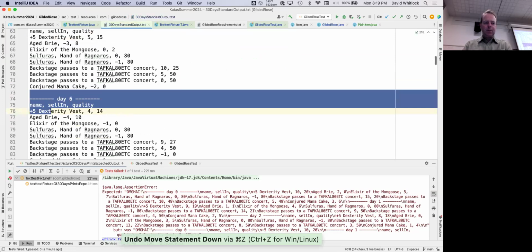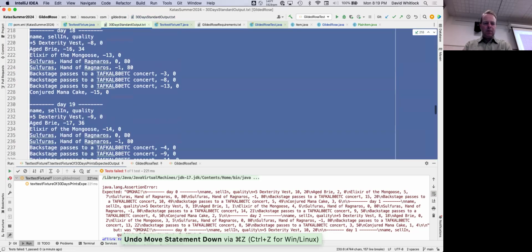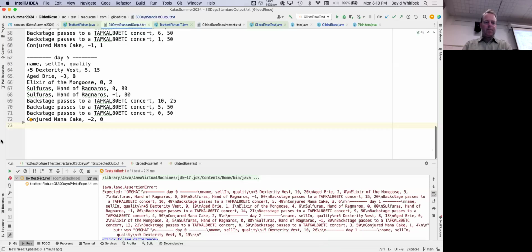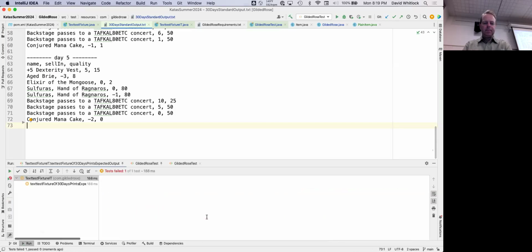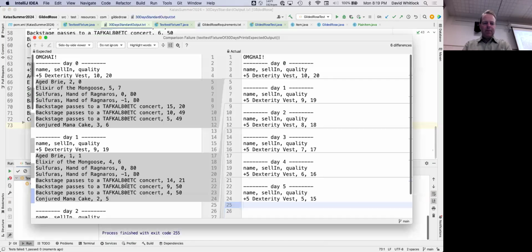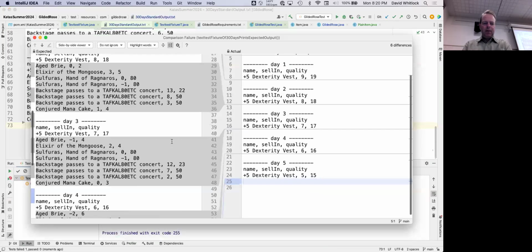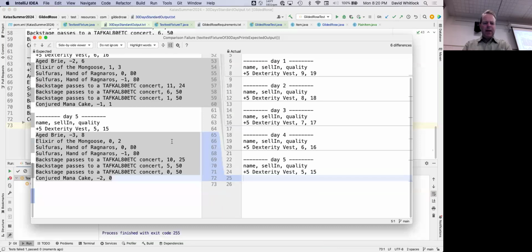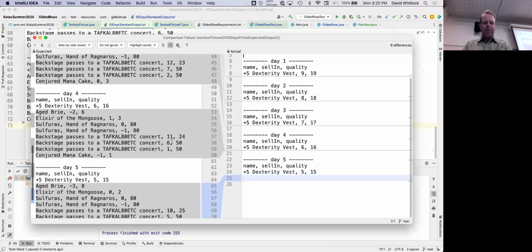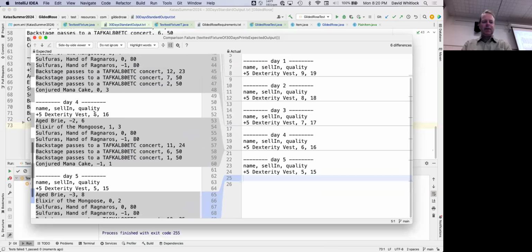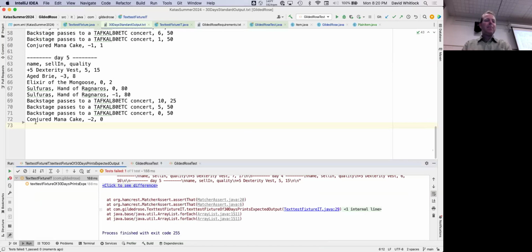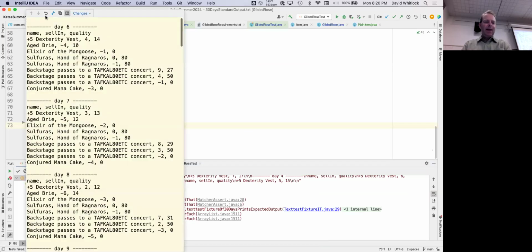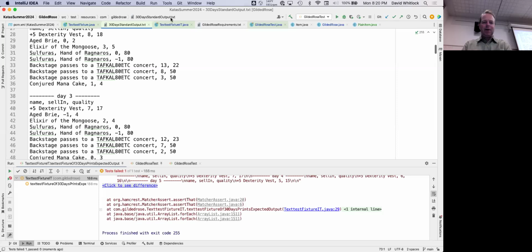Oops. Okay, so it's going to have some extra output. Let's see here. All of that, well, that's okay. So now I don't understand why it failed in the first place, because it looks like the dexterity vest stuff was perfectly fine. So there must be something that I'm missing here. I'm guessing it's pretty fundamental. And this is just me flailing around, trying to debug things and trying to get things to work.